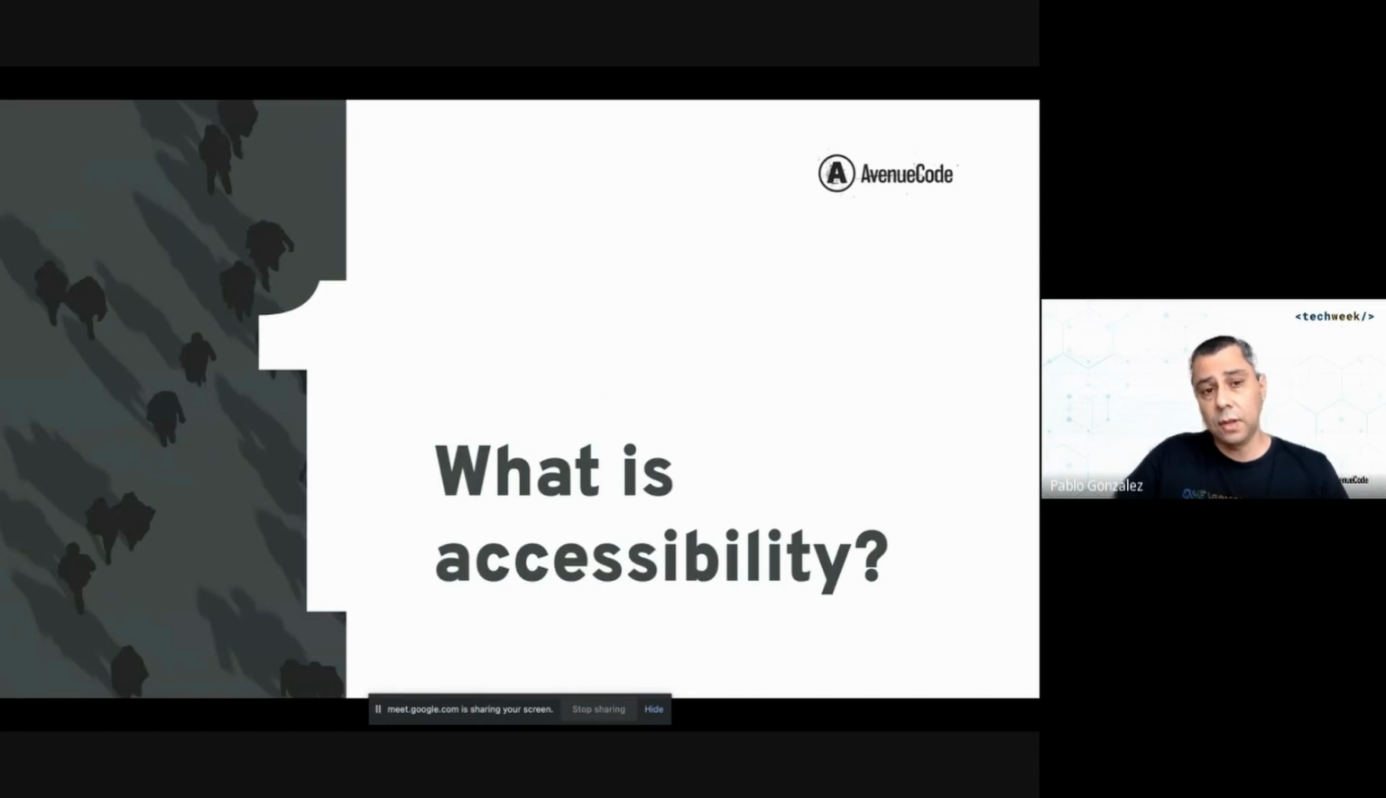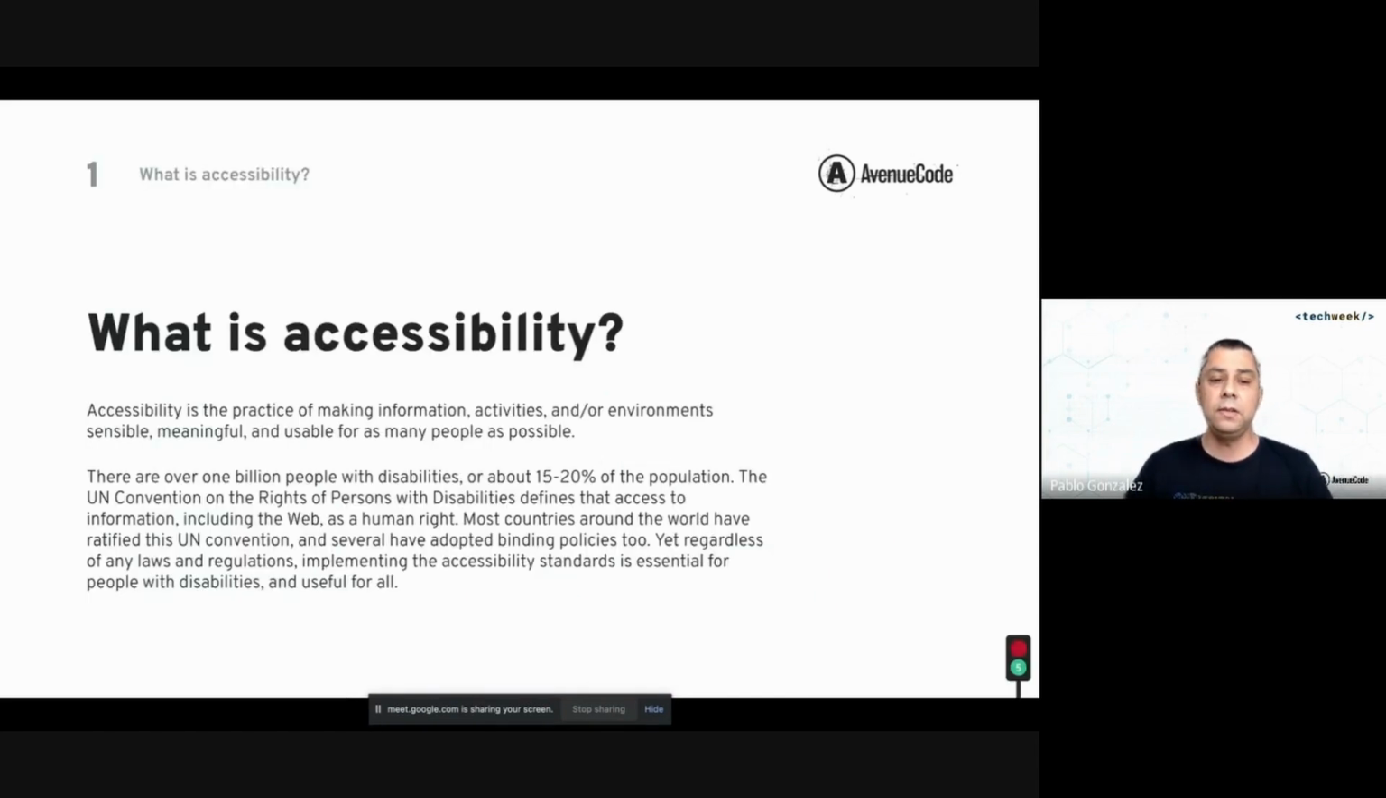So first of all, what is accessibility? Here, there are several definitions, but I have chosen this one. That is a general definition. Accessibility is the practice of making information, activities, and environments sensible, meaningful, and usable for as many people as possible. So we are talking about all the people, not only people with